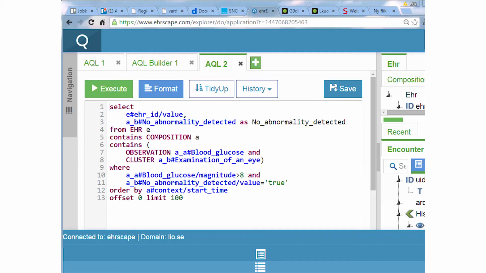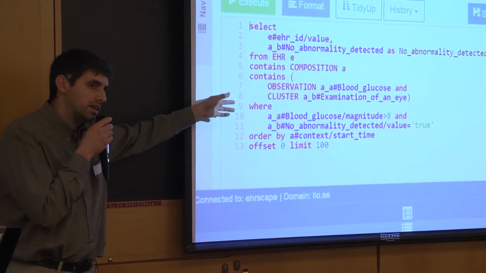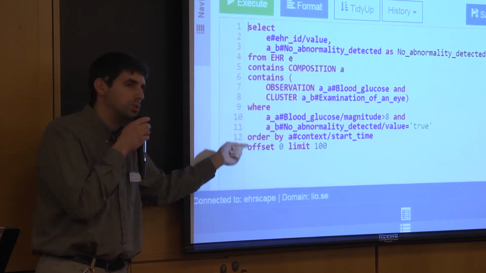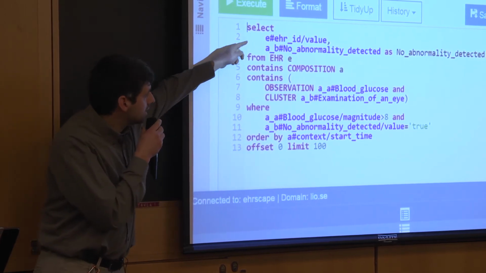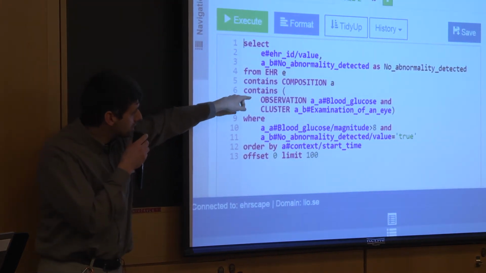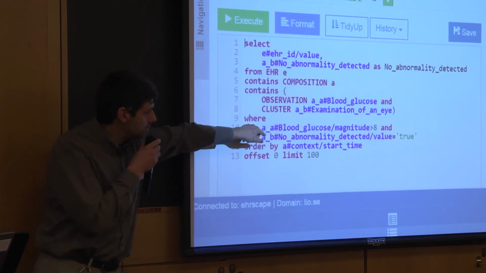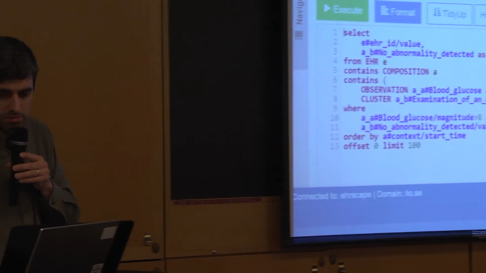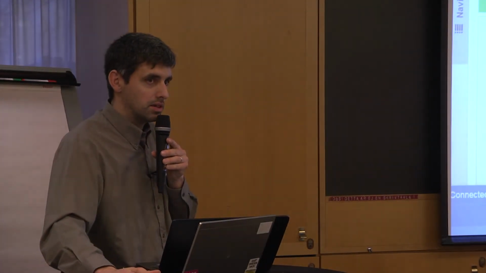And then when you've used a tool like this, you get it into some kind of form like this, and now we're getting closer to what's running in the computer. But with a day of training or so, you could understand these things and edit and adjust them. This is not too difficult. You select these values from an electronic health record that contains a composition that has these contents where these values have these criteria, and then you sort them in a special way. This is not rocket science. Clinicians can do that, and they are often interested in their data.